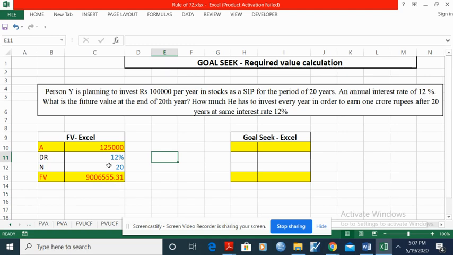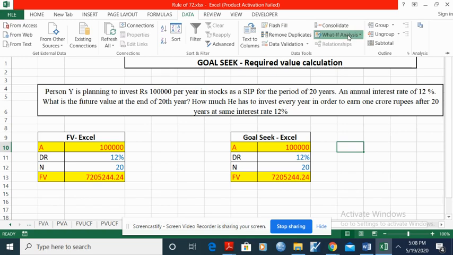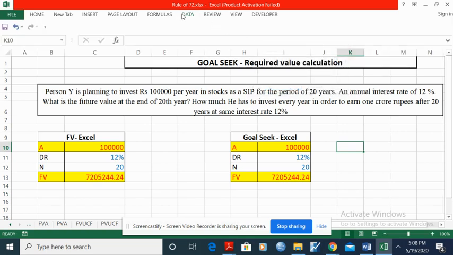So how do we arrive at the exact annuity value, the exact yearly value, so that Mr. X will get 1 crore? For that purpose, we have the goal seeking formula. What you are supposed to do is just copy paste these operations as they are. The same formula, everything remains the same, no changes. What you do is go to Data, What-If Analysis, and instead of Data Table, go to the Goal Seek approach.